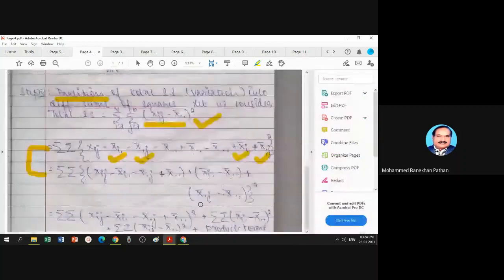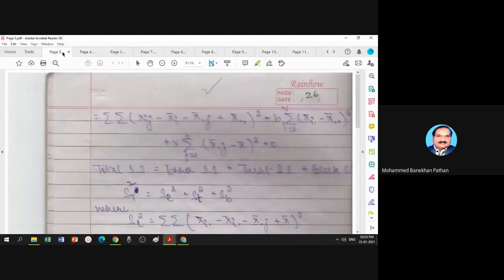Similarly, in the next formula, here j is changing and i is fixed. So i is 1 to v gives you v times this bracket square. Plus the product terms are 0 by the knowledge of first year. Sum of differences from the corresponding mean is always 0. So all three product terms result in 0.